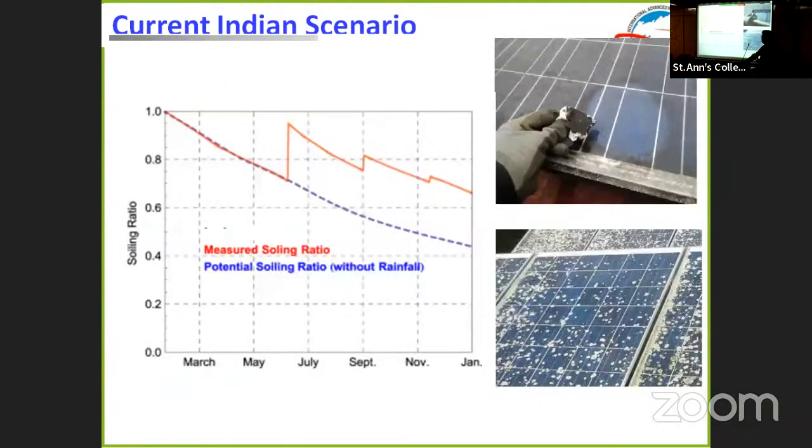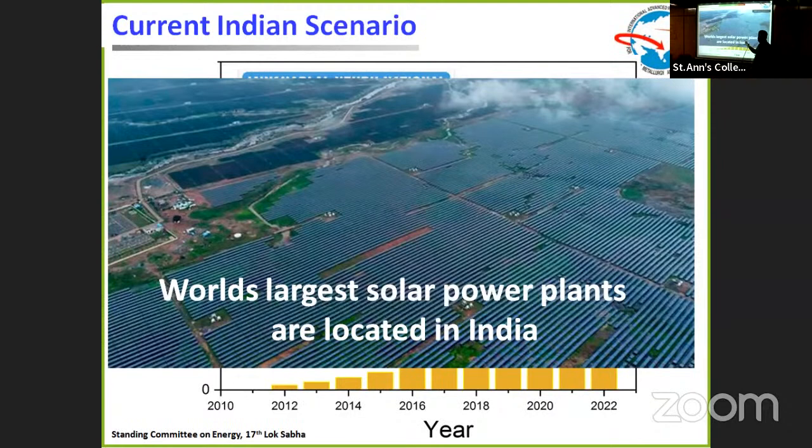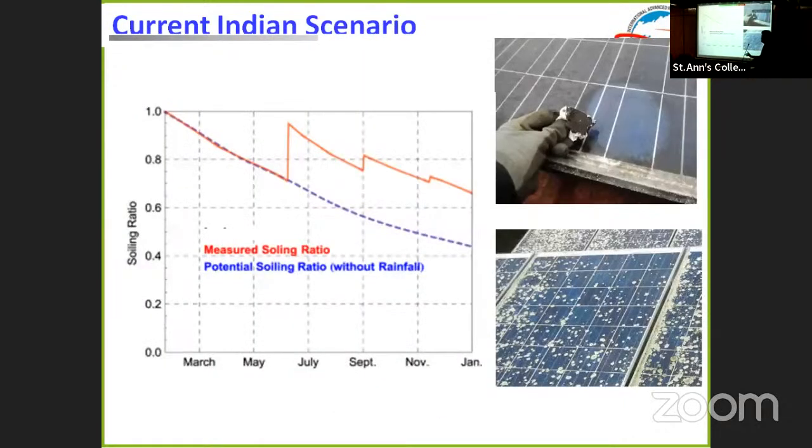Okay, everything looks fine, right? So I'm going to address a small field level issue and how we try to solve the issue to ensure the technology is really sustainable. Okay, if you have this kind of solar power plant, as I mentioned, you just put it